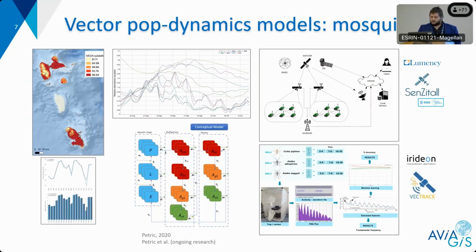As a last slide before my time runs out completely, if you want to go into a more detailed approach, and you want to know how many vectors or how many cases of a disease there will be, you want to predict the abundance, basically. You want to have either very high resolution Earth observation data, or you want to have Earth observation data that you then